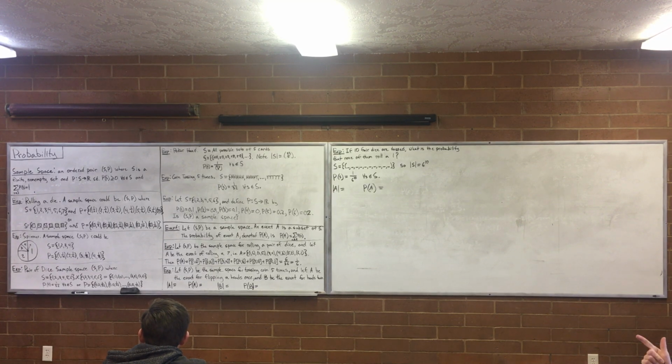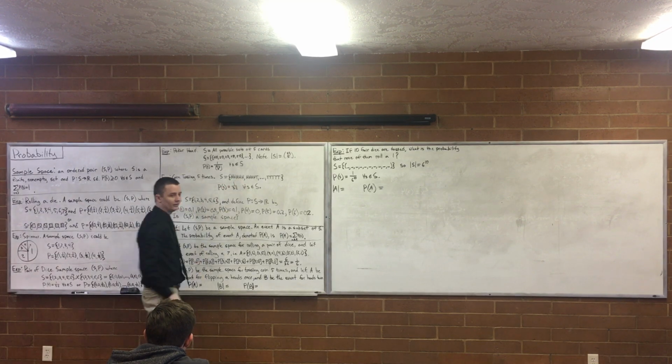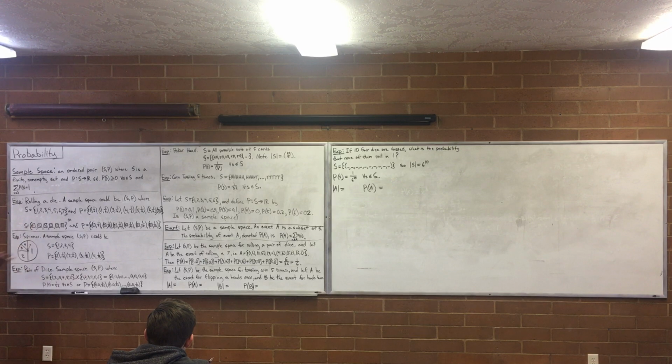Because you could have heads, tails, tails, tails, tails, or you could have tails, heads, tails, tails, tails, or you could have tails, tails... Oh, heads, yeah. Tails. Yeah, right, that's right. Perfect. You can have the heads there, or there, or there, or there, or there, and the rest have to be tails. There's 5 of them.